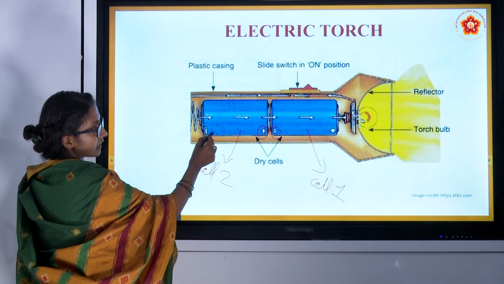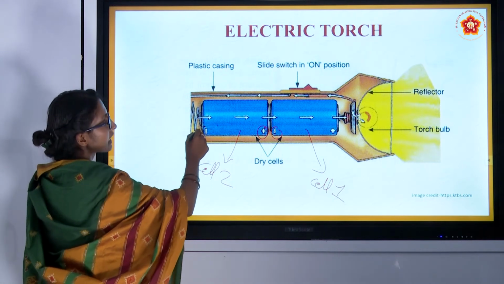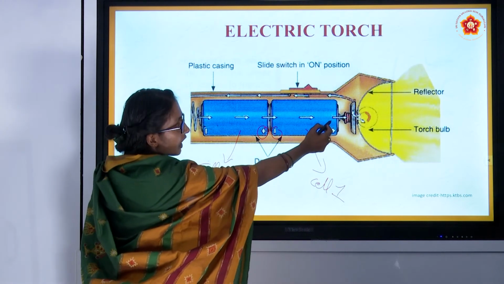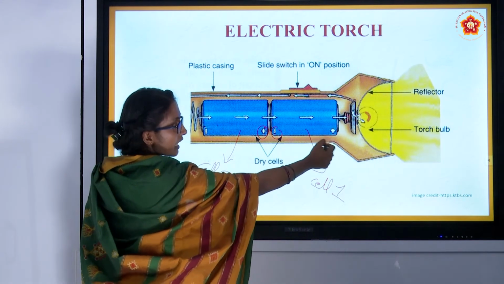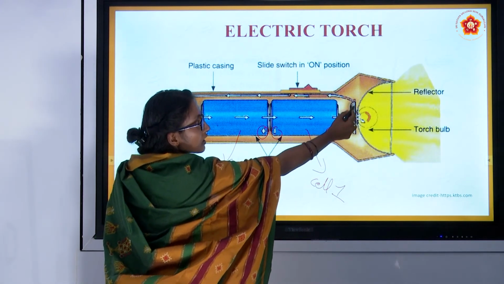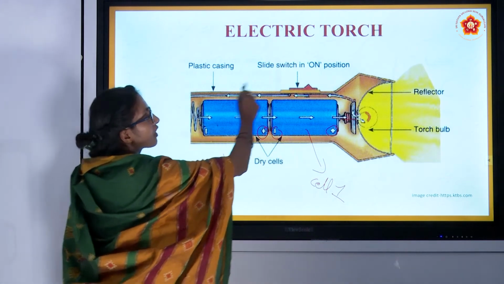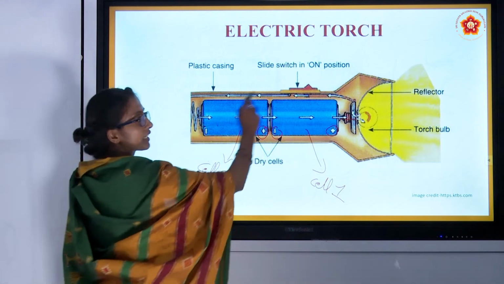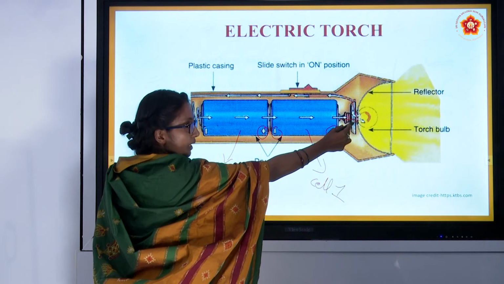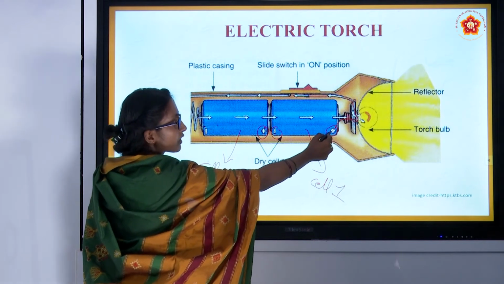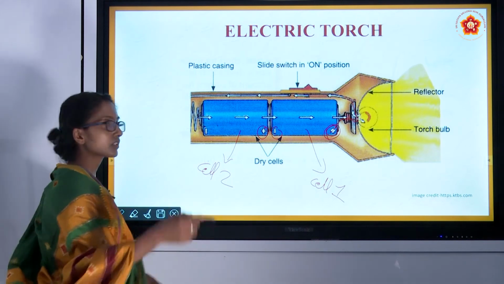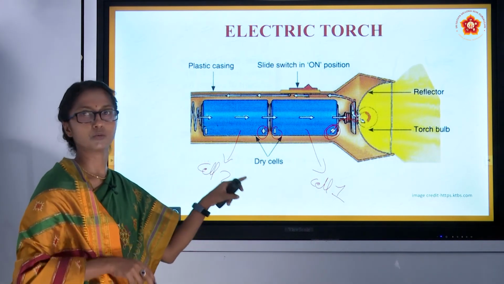Then the negative end of cell 2 is connected to the bulb, and the positive end of cell 1 is connected to the bulb. If the negative end of cell 2 is connected to the bulb, the current will flow through the bulb. Again it reaches back to the positive end of cell 1. So the circuit is now complete.